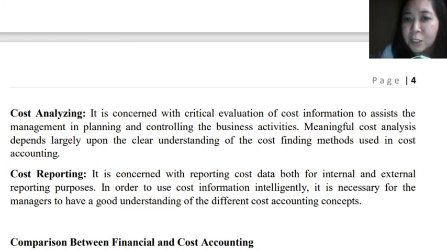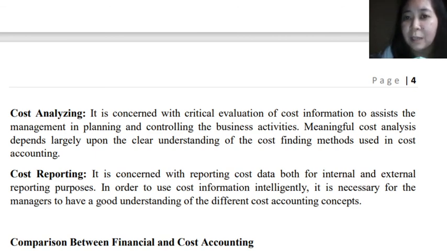And if the management has any suggestions or information that they want to add to it,